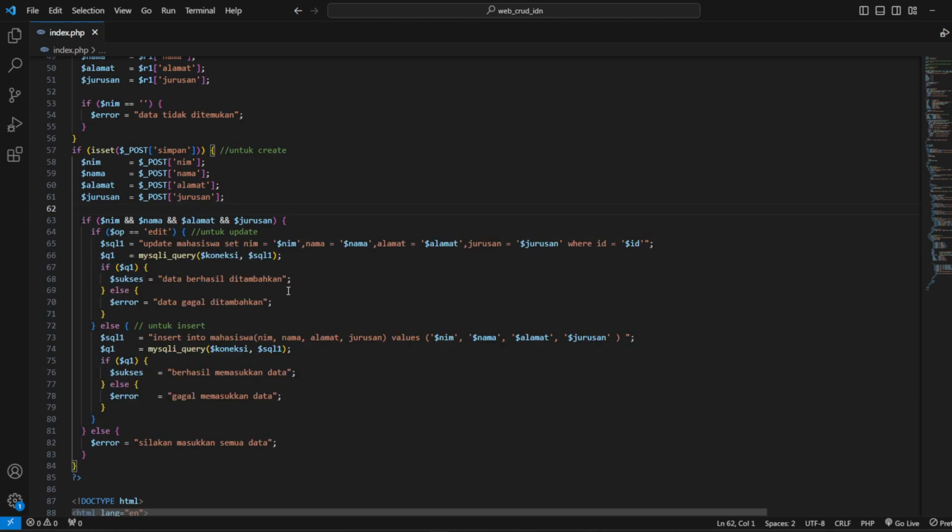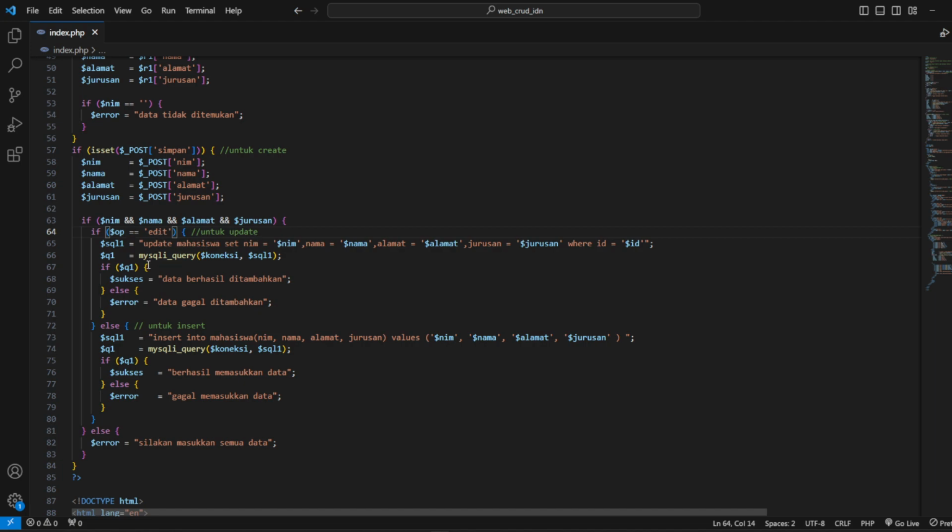And for update, like this, you can look. If the name, the address and the major, the variable op is the same as edit.